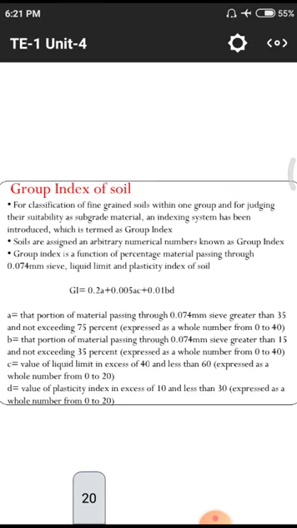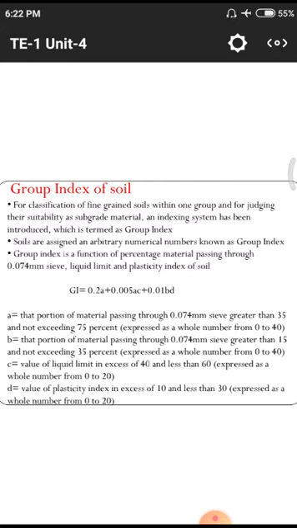That means normally in the term itself we are having group and index. Normally an index page we will observe in the front of a particular textbook or any other reference book, so that the index will show what things we are having in that particular book and their importance. Likewise here we are having the group index of soil, so that according to its particle size and properties, the total soils are classified into groups. That means one or two materials are simply kept together and simply called group materials.